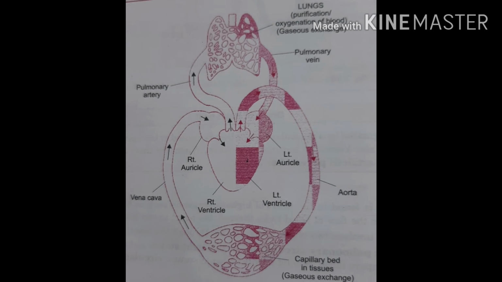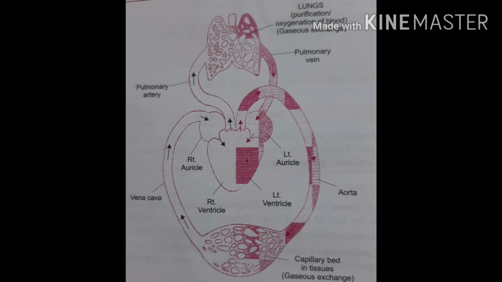In lower organisms such as fishes, the heart has only 2 chambers, one auricle and one ventricle. The heart deals only with impure blood. Such a heart is called a venous heart. Please do remember, the heart of fishes is called a venous heart. The blood gets oxygenated when it is pumped to the gills. So, fishes have single circulation of blood.